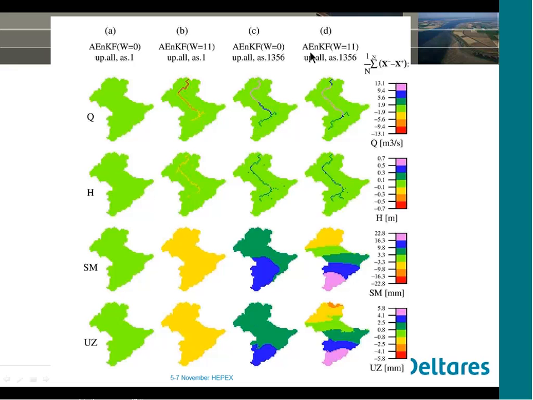And then if we move on to the asynchronous one, using all the gauges, using all the past 11 observations of all the gauges, you see that the innovations are further distributed over the catchment domain. Most of the innovations, for instance for the upper zone and the soil moisture, are being done here for gauge number 6.